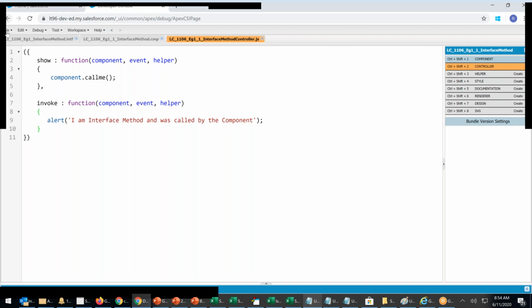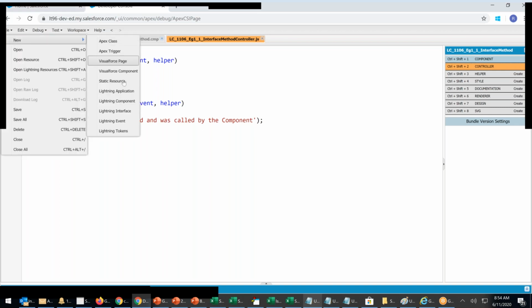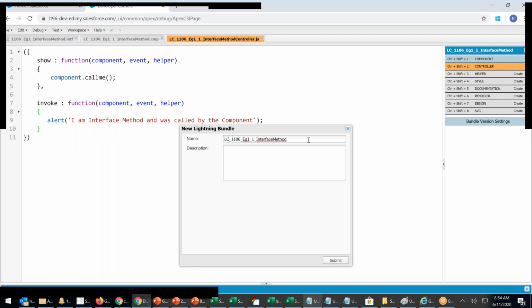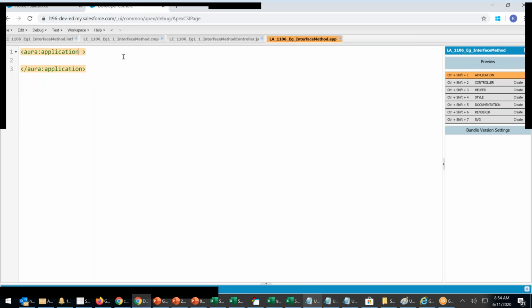Save. Now I'll create an application, a new Lightning application, LA, no one, Click submit. In this application, I will say extends force:slds.